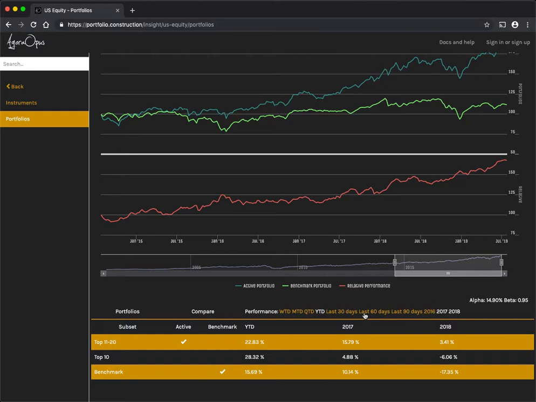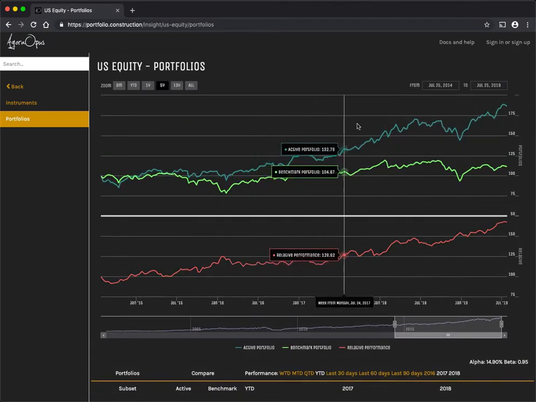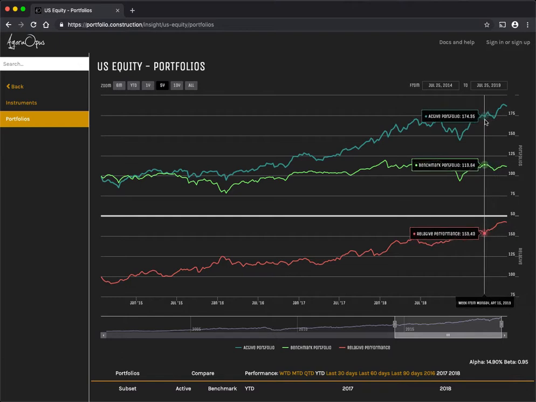We can also click here to add like last 60 or 90 days and so forth, right? So pick and choose what you want to look at. I think it's more interesting to look at the graph in general, so it tells the story a lot better. And so if you were to follow the next 10 picks and rebalance based on that, you would have the